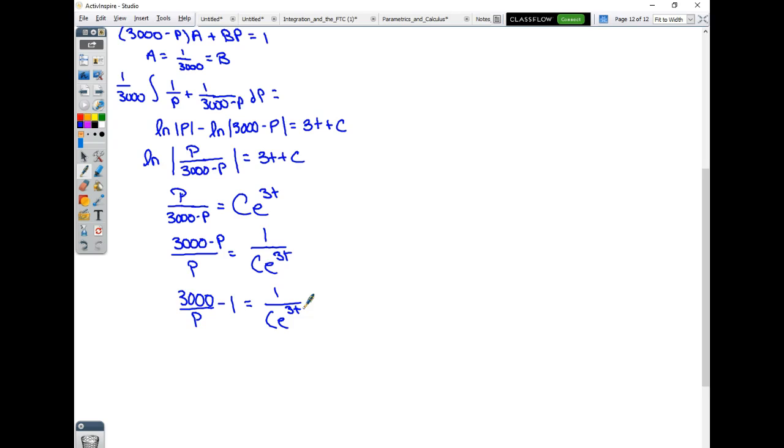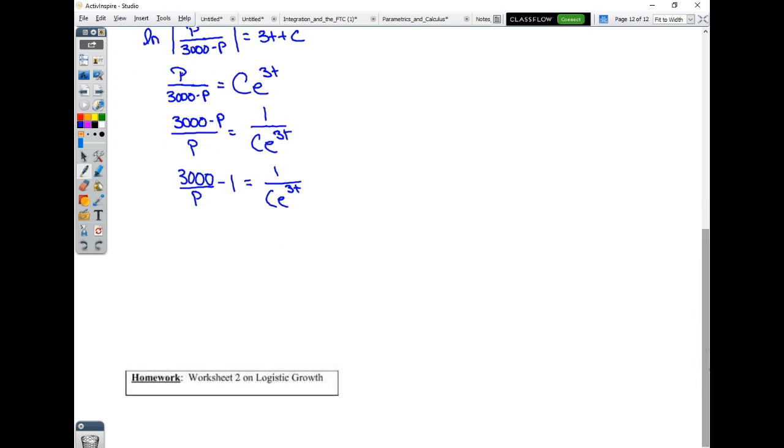I'm going to go ahead. I'm going to move this down just a little bit more. I'm going to wind up needing more space here in just a second. This is 3,000 over p is 1 over ce to the 3t plus 1, which I'm actually going to change